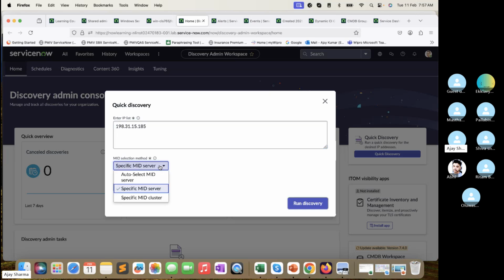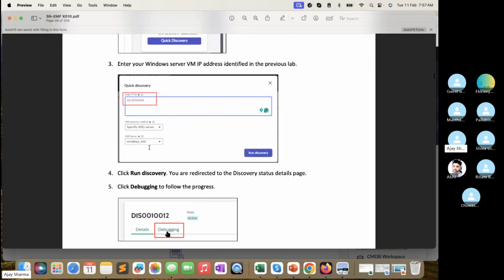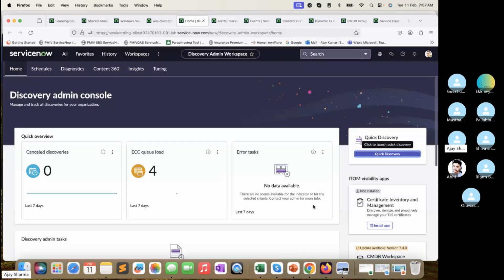We can select the mid server specific, again cluster or automate servers. We can select this one here. The same thing they are doing as well, if I'm not wrong. Right, selecting the mid server, run the discovery and debugging, right? So if I go to run the discovery,